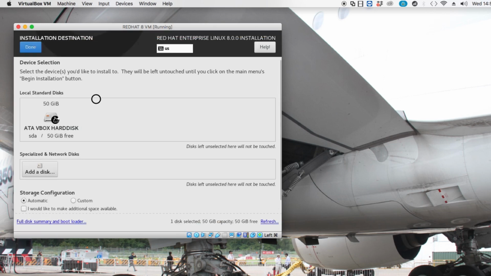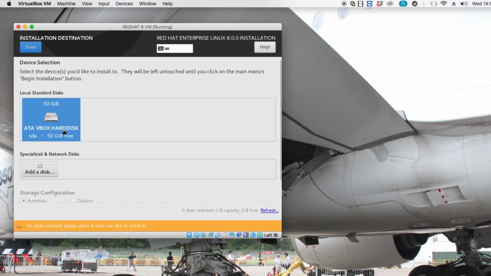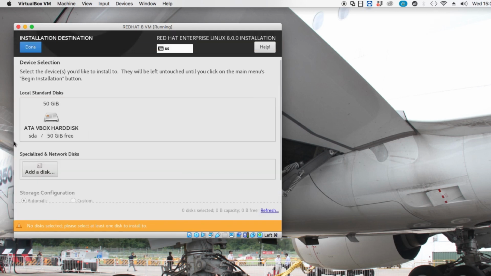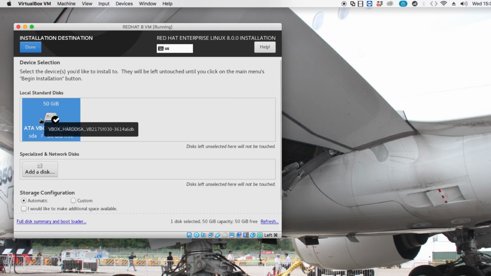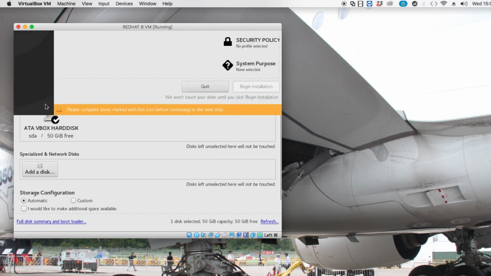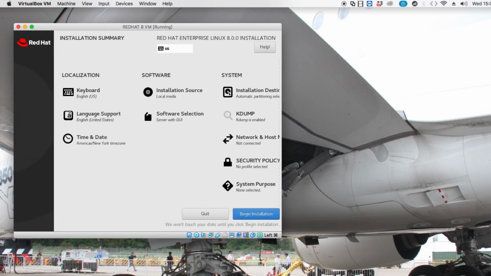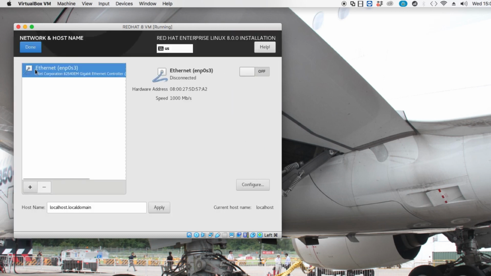So we need to select an installation destination, which is the virtual hard disk that we created in the previous step. So just click on the virtual hard disk and then click on done. Okay, if you still see the no disk selected error message, just click on that option again, select the virtual hard disk, then click on done. Okay, so it's now saving our storage configuration, and then on the network and host name option,